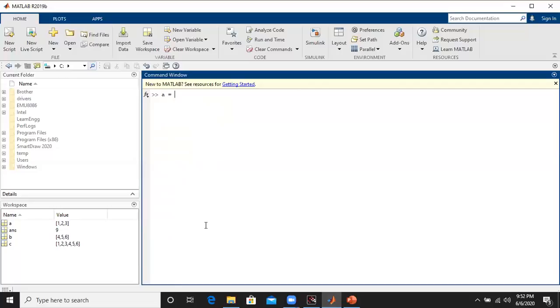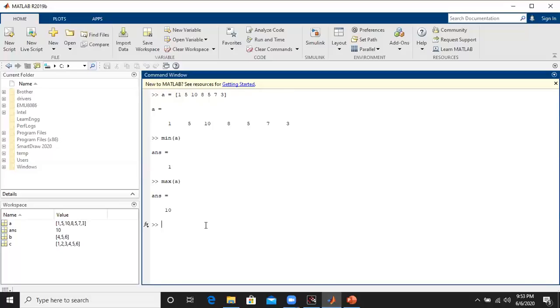Take another vector A again. Take any elements of your own wish: 1, 5, then 10, then 8, then 5, then 7, then 3. So these are the various elements that I have entered for the row vector A. Now I just wanted to find out the minimum value of the given vector. So min of A. By looking at that vector, the minimum value is 1. So we get the value as 1. If we want to find the maximum value of that given row vector A, by looking at that, the maximum value is 10. So max of A we are getting as 10.